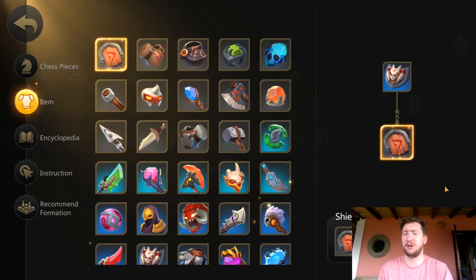Hey guys, so a lot of people are asking me for an item guide for Auto Chess Mobile. So what I'm going to do is go through the items in the classes, so like defensive, offensive, skill-based, mana generation. And then I'm going to go through some of the more unique items, so the higher tier items,